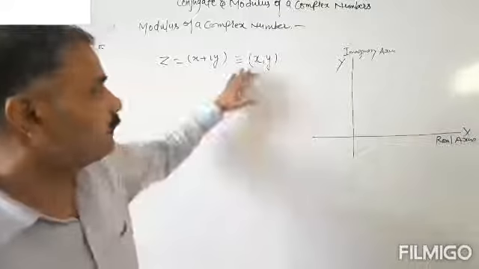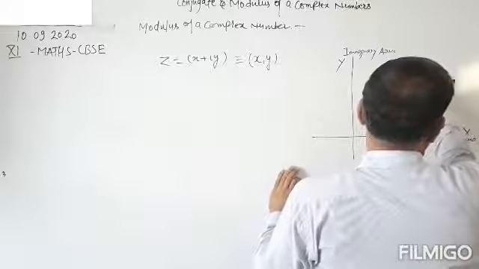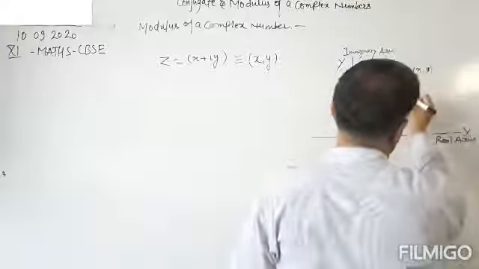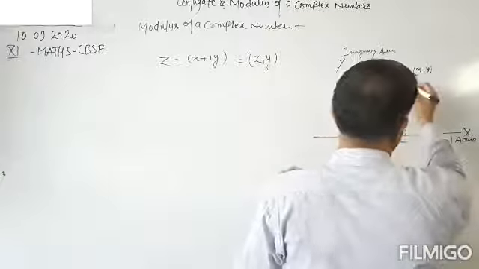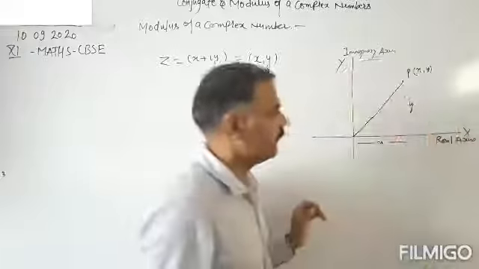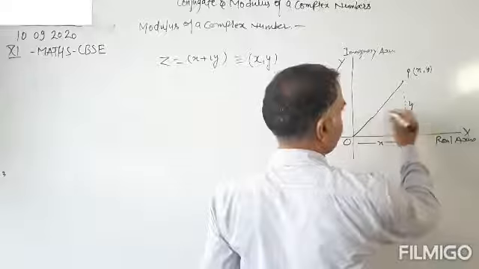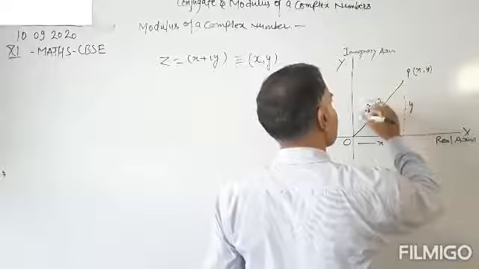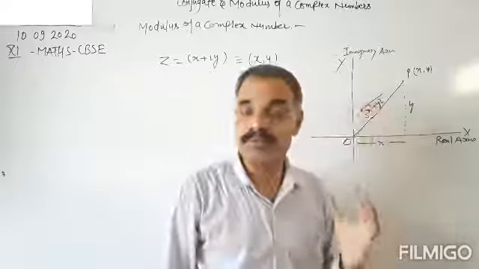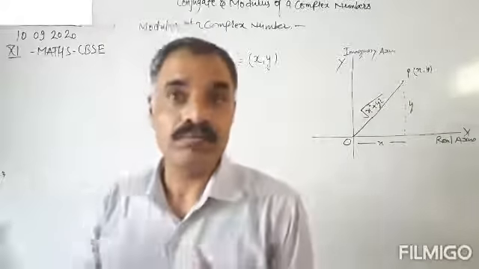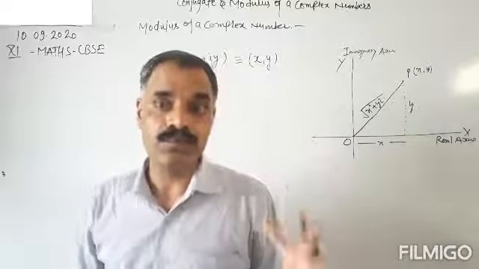Now we will plot this point on the argand plane or complex plane. So this is the point P (x, y). After drawing the perpendicular, this is x and this is y. Since this is perpendicular, using Pythagoras theorem we have OP equals under root x square plus y square. OP is representing the given complex number. P is the position of the point (x, y) and OP is the complex number.